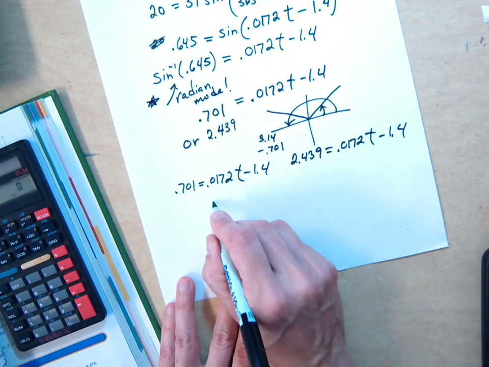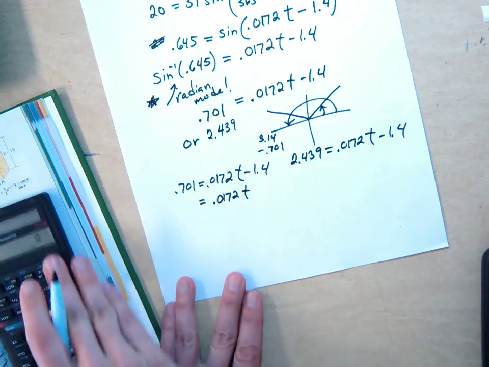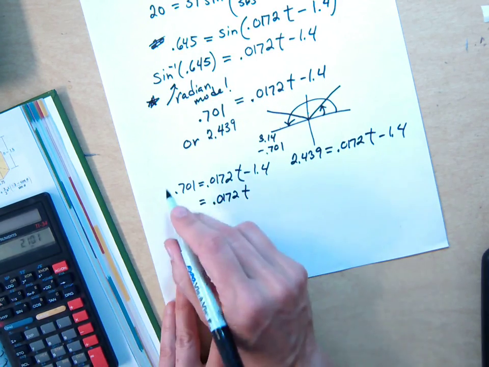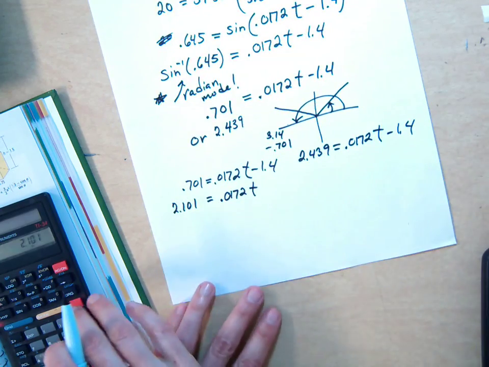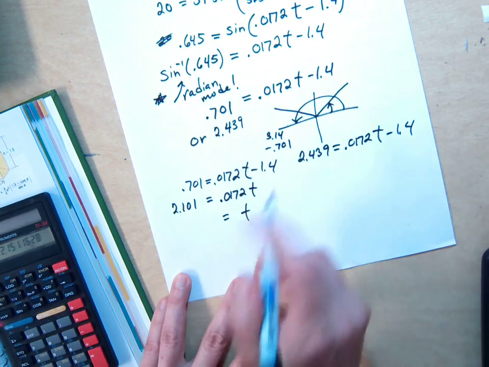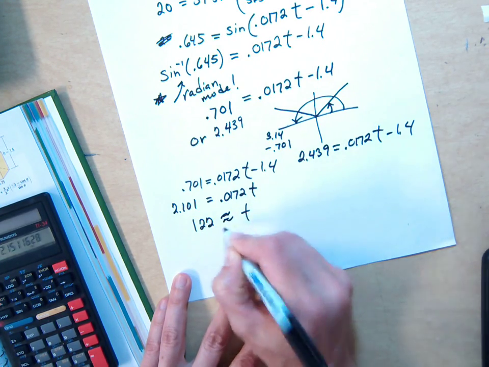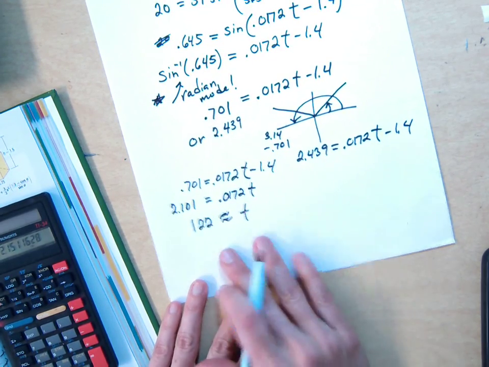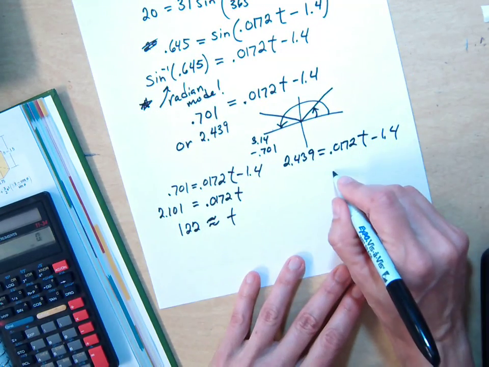So add 1.4 plus 0.701, 2.101. Please correct me if I miss anything, and then divide by 0.0172. So we got about 122 approximately days into the year. That's the first place that'll happen. Whatever day that is, we don't need to figure that out. The 122nd day, and then we got